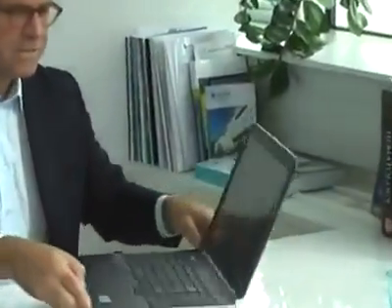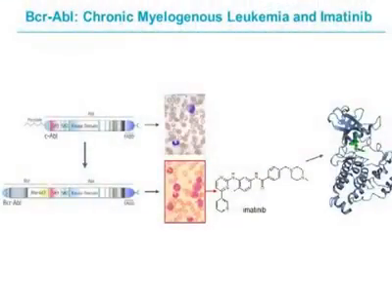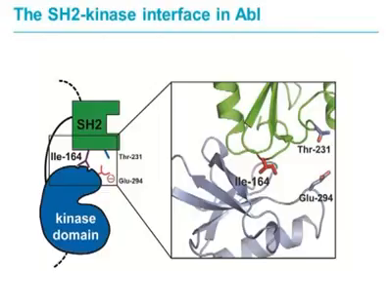Chronic myelogenous leukemia is a paradigm in disease research, as it is caused by a single event, which is a translocation of the BCR gene to the Abl gene, causing the famous Bcr-Abl fusion protein shown here, that actually contains an SH2 domain, SH3 domain, a catalytic domain, as well as other portions. The SH2 domain is particularly important because we know that it may exert a negative function in regulation, but we